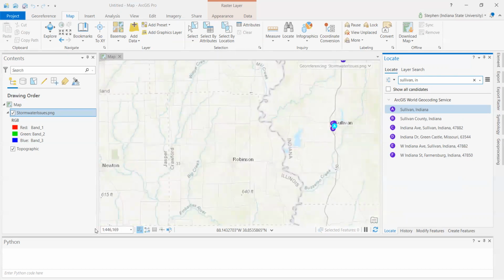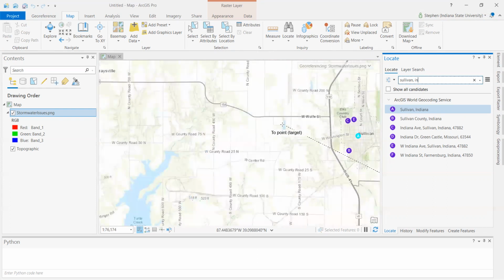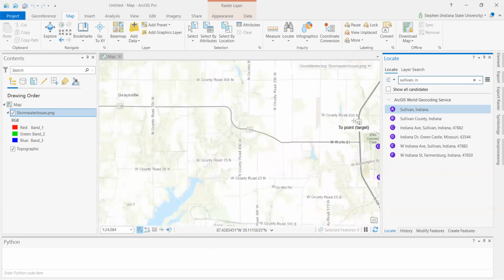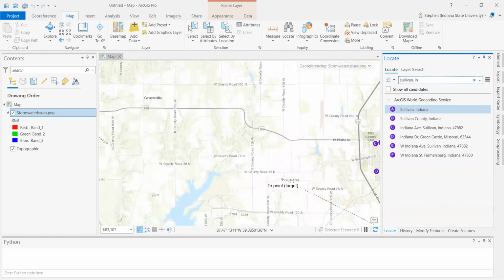Let's look at the photo again just to be sure. Yeah, so it's here. Yeah, I'm gonna guess that it's this lake, right? Maybe? Or